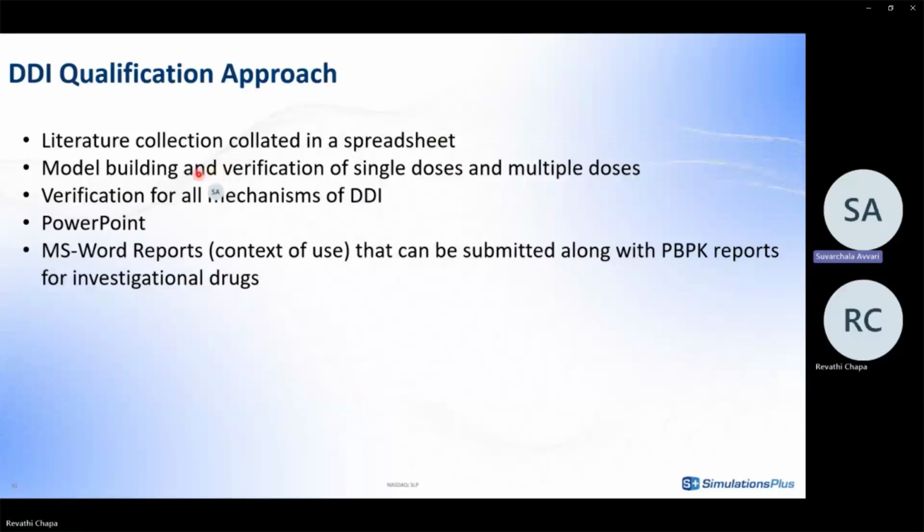Once the literature was collected using the in vitro data and the plasma concentration profiles for the different clinical studies, if the intravenous plasma concentrations are available, then we'll start with the IV doses, or if the IV data is not available, then we straight away start with the oral doses as a part of model building. And once the model was successfully built, the verification of single and multiple doses will be carried out,